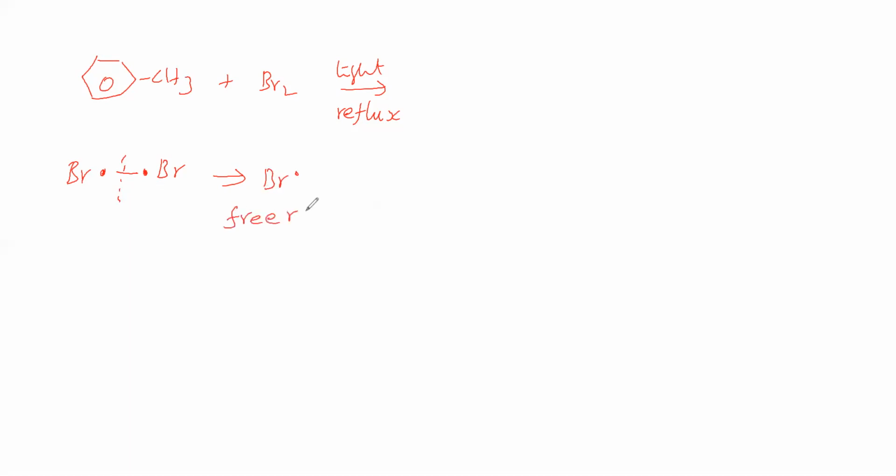Next we will take toluene. We are taking toluene. It is treated with bromine in the presence of light, and undergoing reflux, in the sense it is heated. So what is the product we will get here? That we will see. Now we will see the mechanism. Now we will take bromine. Due to light this bond is breaking, therefore we are getting a bromine free radical. This bromine free radical is attacking toluene.